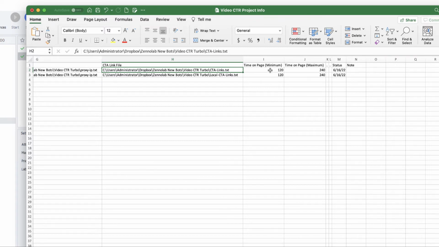And this is the way to set the time on page minimum and maximum. The status basically is when the bot completes the task, it will show the day. That's what I'm saying. Like if on this June 16, I run the bot again, the bot, since it already found out, oh, these two tasks are already complete,